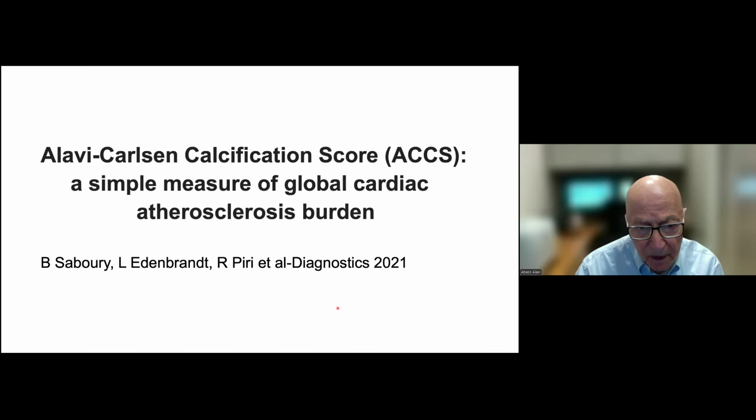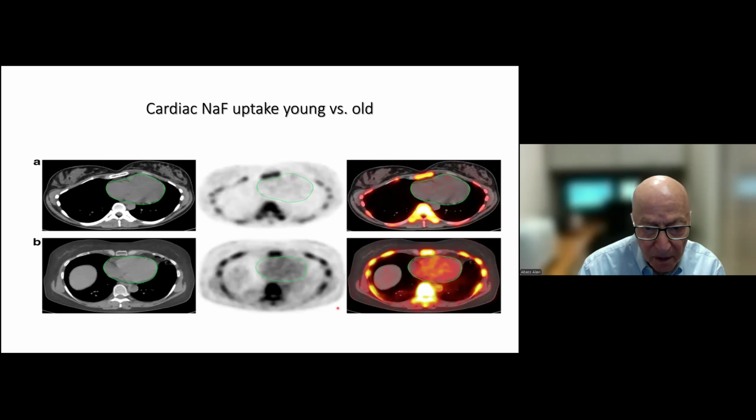We have developed a methodology, a global assessment technique, that we have called the Alavi-Carlson classification score. This is similar to the CT classification score, the Agatston classification score, that allows us to look at global evidence for atherosclerosis in the coronary arteries. So this is, of course, a subject with no calcification, a younger person, and this is